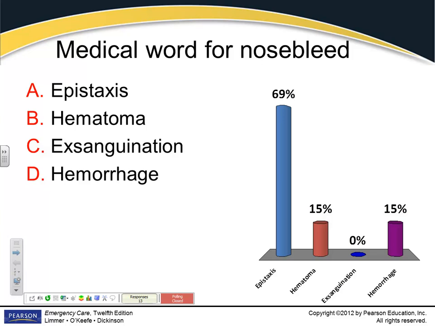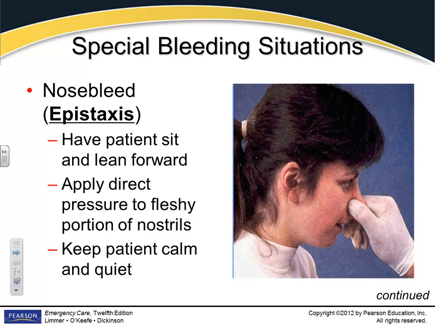Hemorrhage is any kind of bleeding, whereas specifically nosebleed is epistaxis, and that's a word you need to know, so make sure you jot that down because you'll see that again. Epistaxis. Just the old nosebleed. Ta-da! See, sometimes my error works. Okay. If you have a patient with a nosebleed or epistaxis,